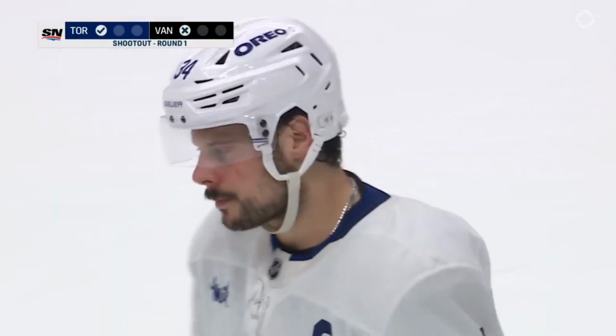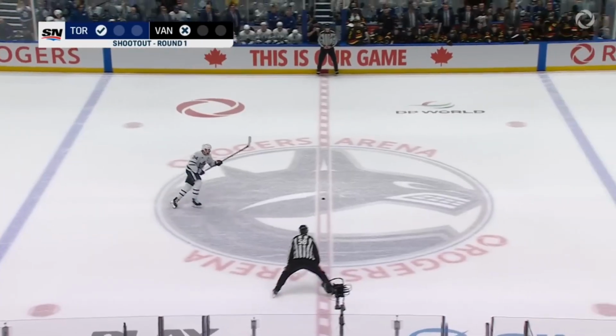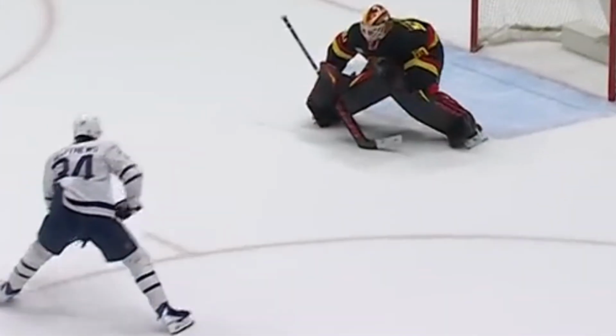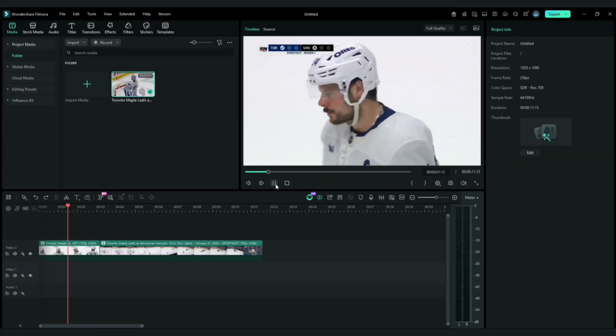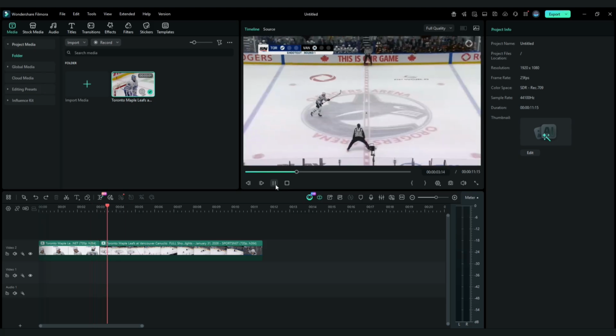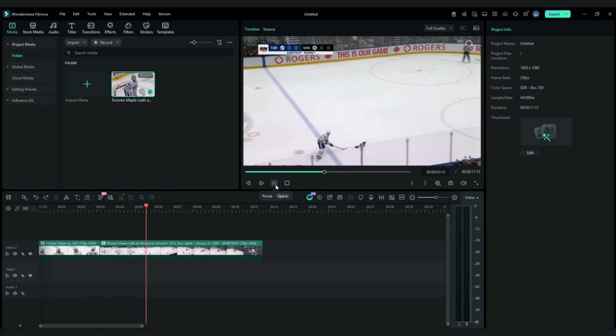In this video, I'm going to show you how you can make a clip like this in Filmora 15 that enhances your content and adds some really cool transitions and effects. So this is the video that I'm starting with here. I've got a hockey player about to take a penalty shot and then going into the shot and then eventually